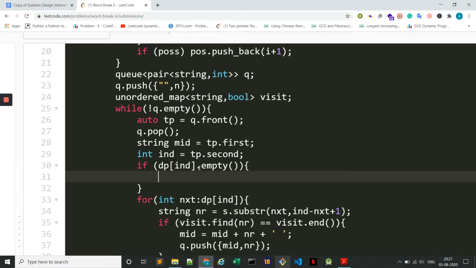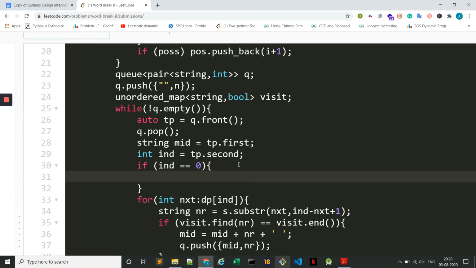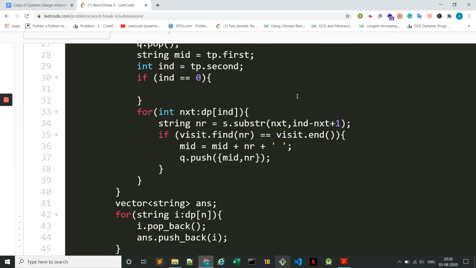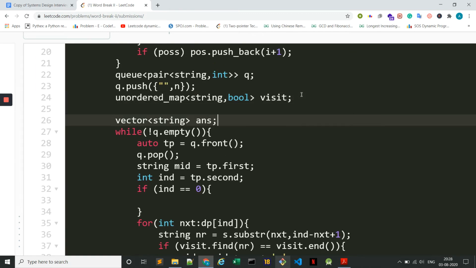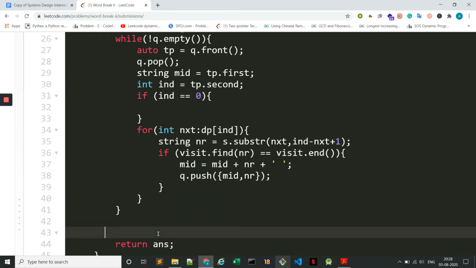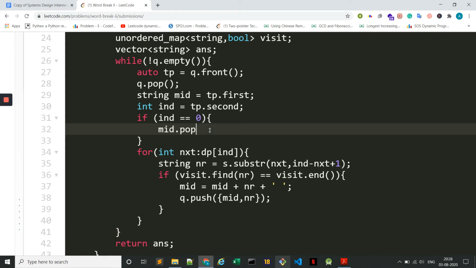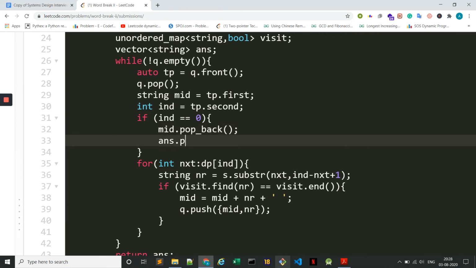So I think every index will be starting from 0. So yeah, if int is equal to 0, then we are done. So what we will do is, let us say we have this thing called vector of string answer. Yeah. So what I will do is read dot pop underscore back and answer dot,